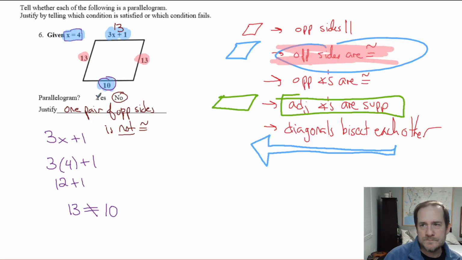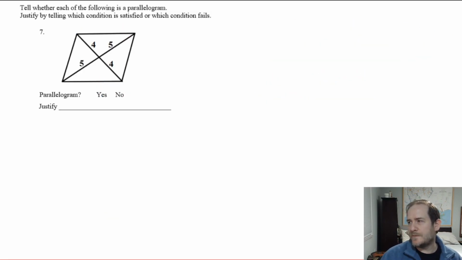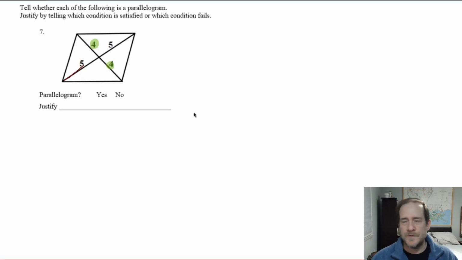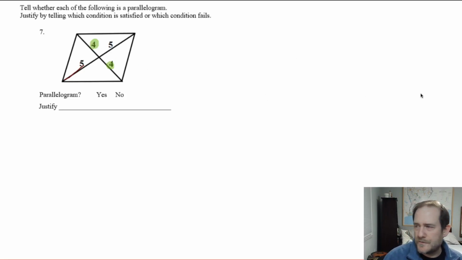Okay, neat. So now what? Now we do 7. Okay, so again we're wondering, is 7 a parallelogram? And I see a 4 and a 4, and that definitely seems to tell me that this red diagonal, again, oh, there we go. Okay, so if those segments are 4 and 4, then that means this red diagonal is bisecting the other one. So this blue guy is definitely getting bisected by the red